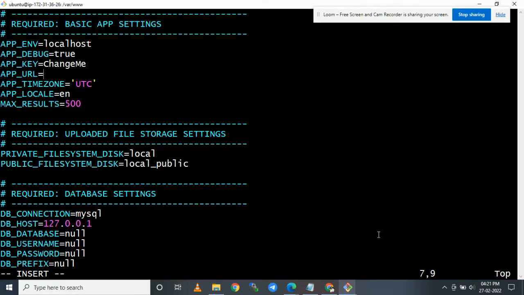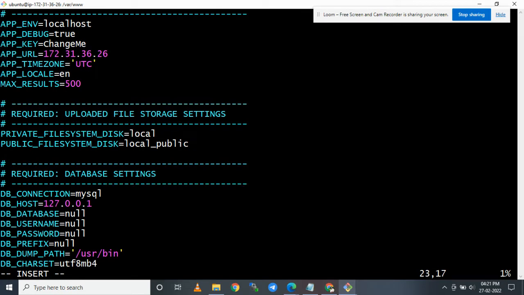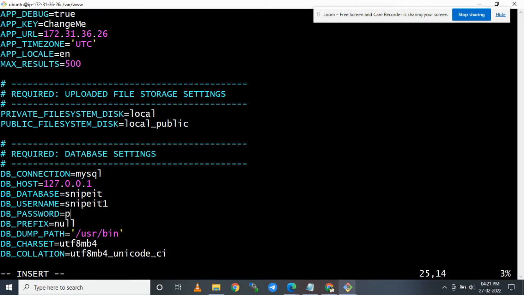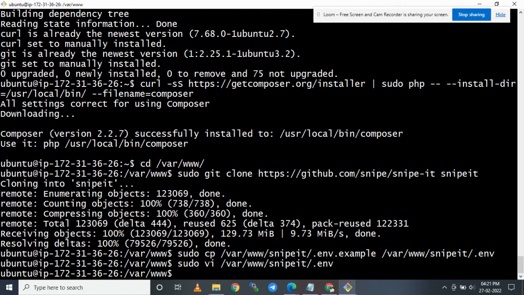That should be unique. Here the database name is snipeit. Here the username is snipeit1. Then the password. That's enough. Save it.